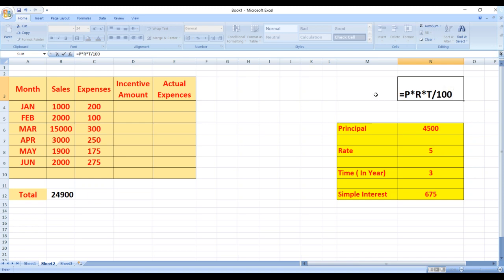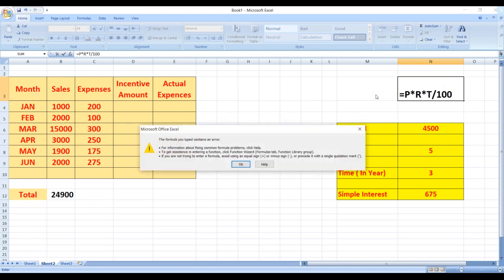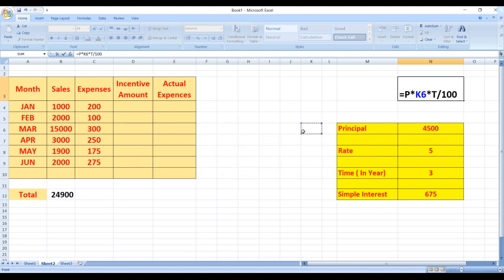So this is our formula for simple interest. Understood, students? This is our formula for simple interest.